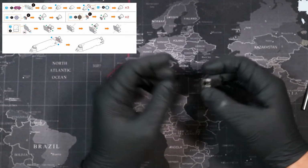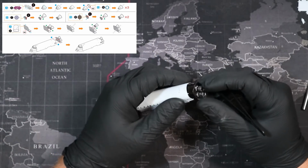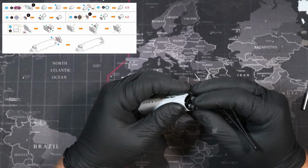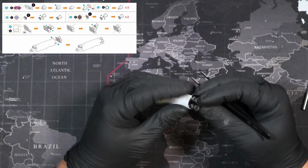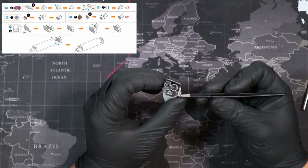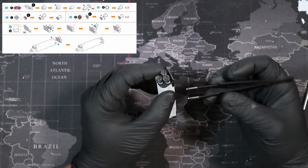We got part 9 formed, and now we're going to take our back and place it on. Now this should be pretty simple, especially because we formed our piece here already. This is also going to be a good gauge as to how well we bent it, and we can see right here, see that right there? That's not good. We don't like this. This is bad, that little gap. So we're going to take care of that gap